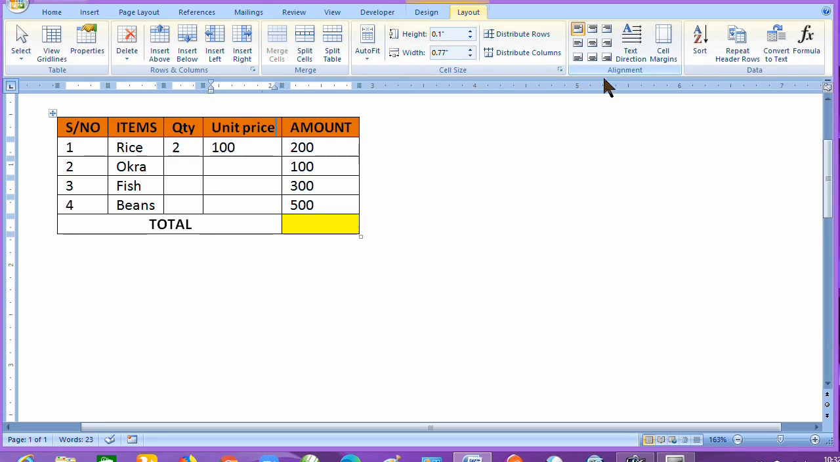Now we come to where we have alignment here. This alignment has so many things, because you can align top left, align top center, align top right. You can align center left, center, and center right here. And you can also align bottom left, bottom center and bottom right. What does it mean? Before you click each of them, try to highlight a certain part